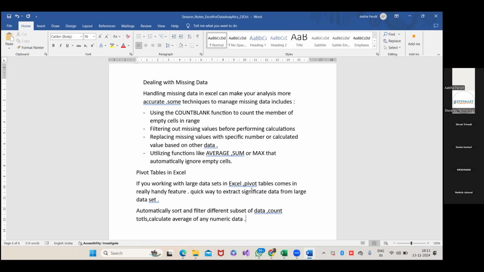Ma'am, I think we can easily visualize data by using pivot tables. Okay, and anything? Ma'am, automatic calculations are also done with the help of pivot tables. Yeah, and at the same time, we can also restructure the data set. Whatever the structure of the data set we are extracting, we can even restructure the summary data set or the summarized table.